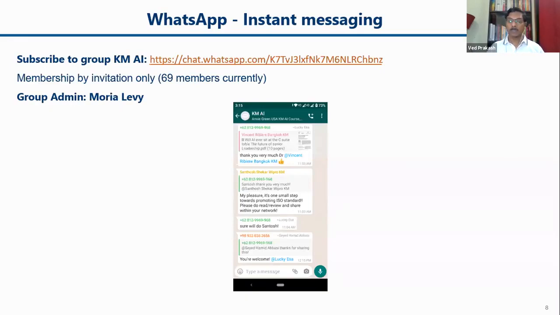It was very active in the first couple of sessions, but now it has toned down a bit because we are using the chat window in Zoom for comments or questions during the session. Moria is the administrator for this group. We would like a lot more conversations to move into the LinkedIn group, and maybe the Zoom chats can happen over here so that you have access to them in future as well.